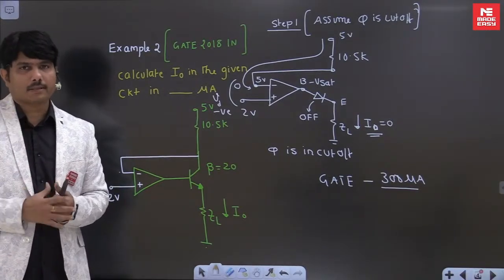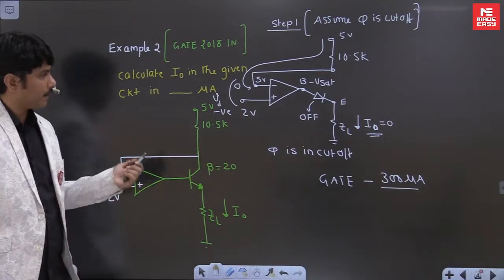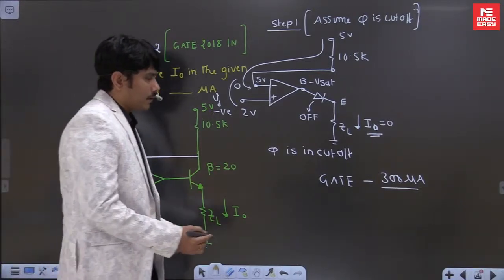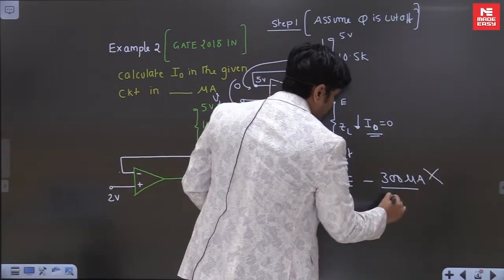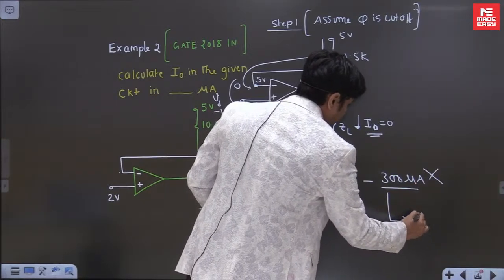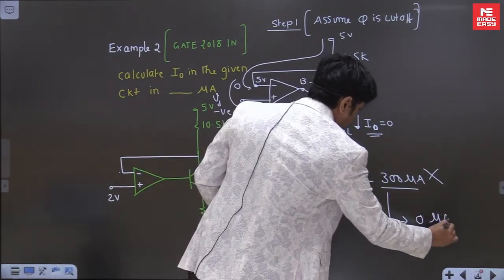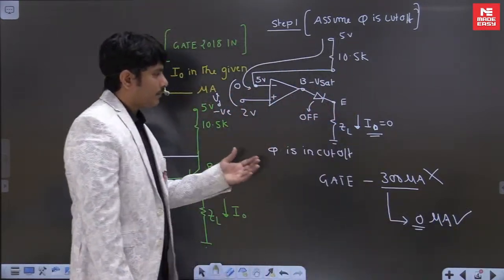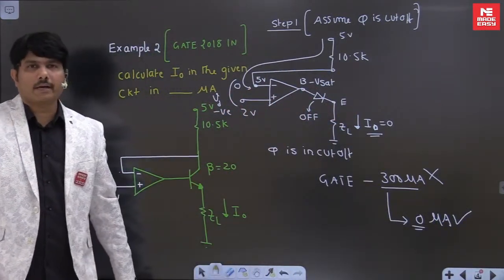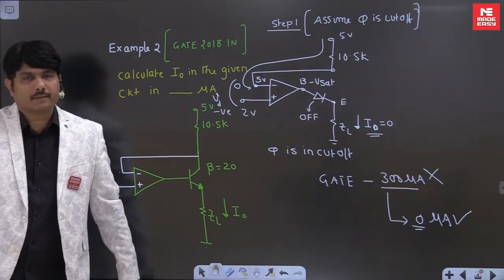That is a very important task for this type of question. I'm expecting these 2 examples. So this 300 microamps is the wrong answer. After 3 days, the answer has changed to 0 microamps by the GATE exam. So please try to understand this problem, okay, and don't make the silly mistakes in this type of